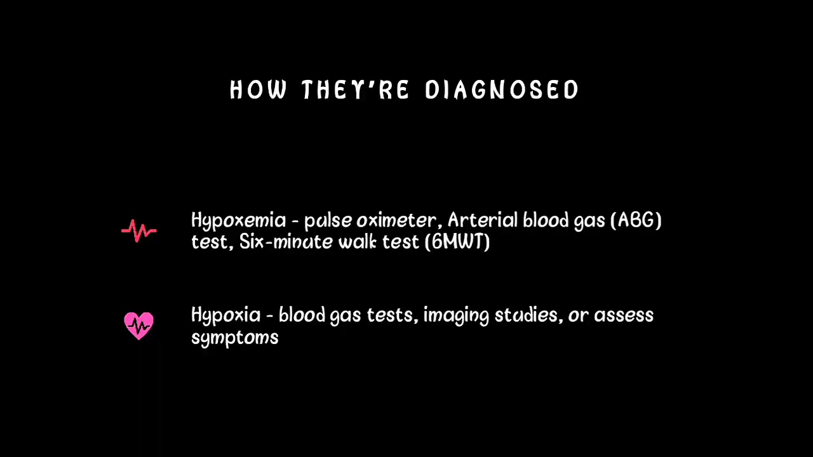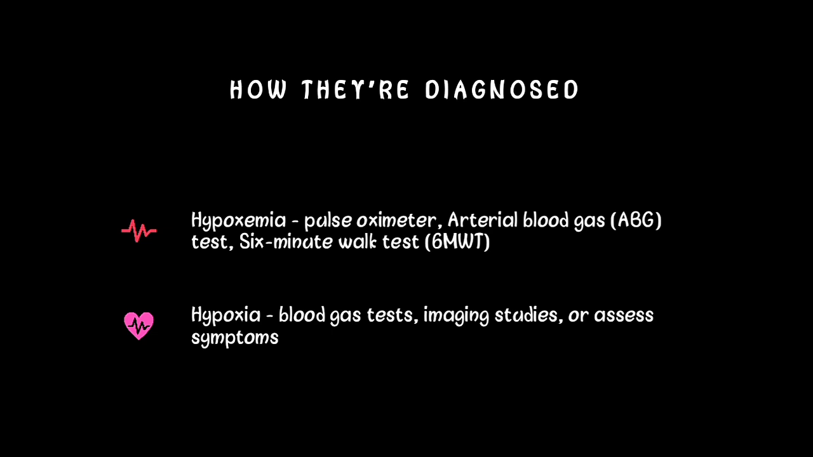A few methods are used to diagnose these conditions. For hypoxemia, a pulse oximeter is commonly used. This device clips onto your finger and measures the oxygen saturation in your blood. Normal levels are usually between 95 to 100%. Anything lower than 90% can indicate hypoxemia. Moreover, arterial blood gas, that is ABG test, and the 6-minute walk test, that is 6MWT, can be used for hypoxemia. For hypoxia, the following may be looked at: